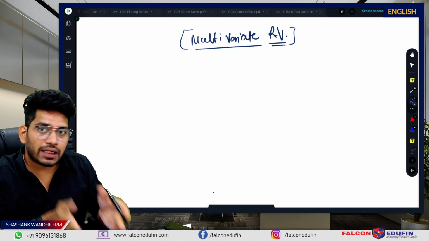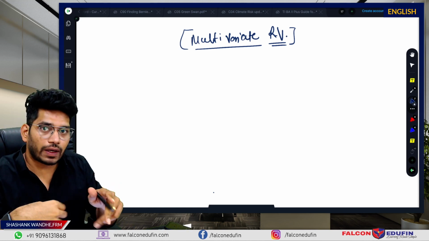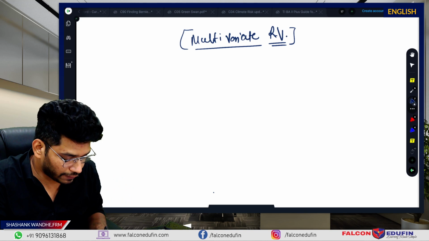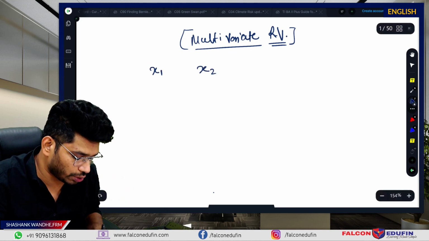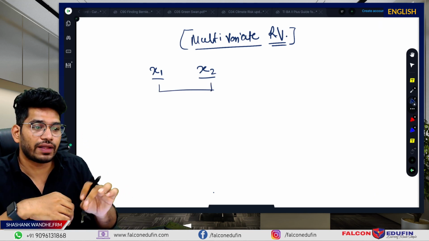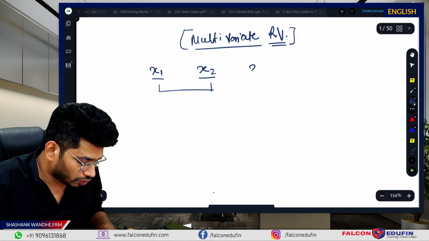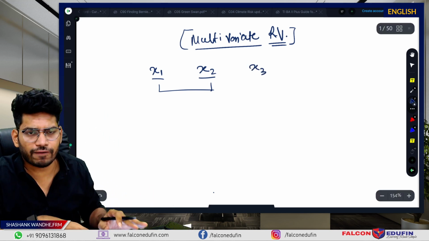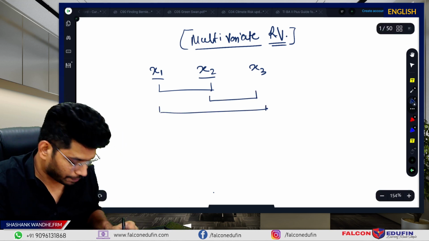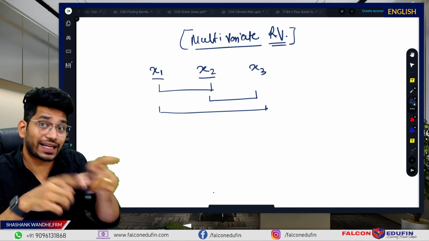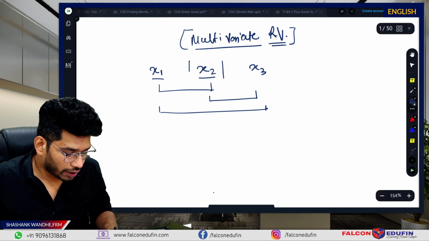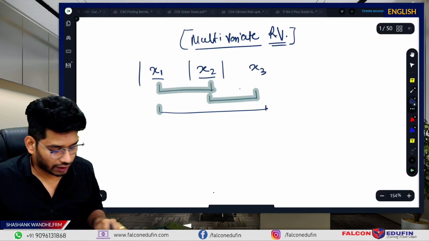When we enter into the multivariate theory, our concern is two or more variables and their relationship. The ultimate goal is this only. We will be discussing, say, x1 and x2. You have two variables, so our goal in the multivariate theory is to check the dependency between these two variables. If you have, say, three variables, which is not covered in the FRM Part 1 curriculum, then the relationship will go like this: the relationship between x1 and x2, x1 and x3, x2 and x3, like this. Here, our focus will be on only two variables and not on three variables.